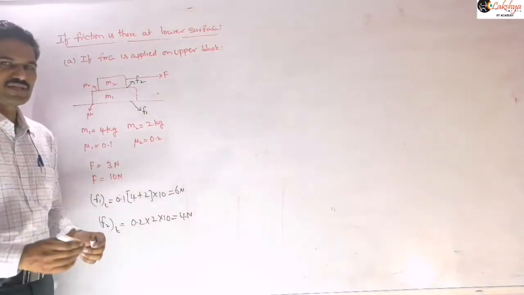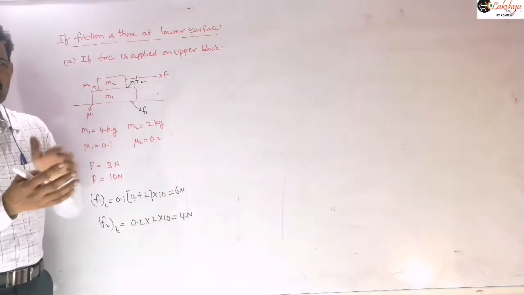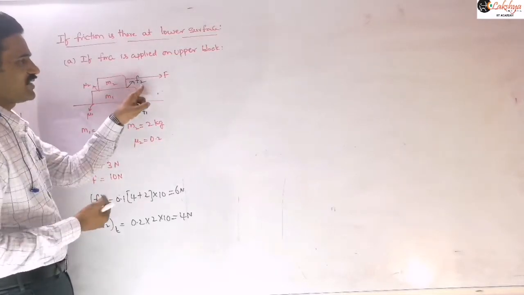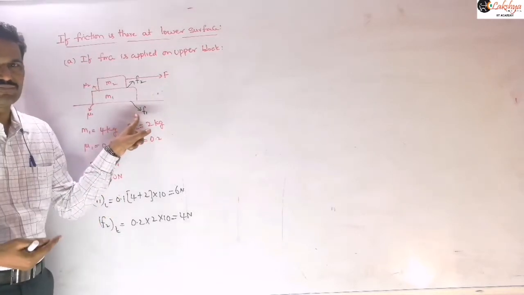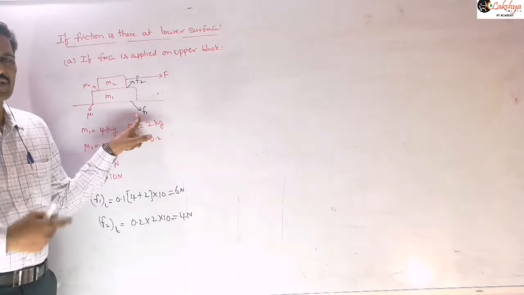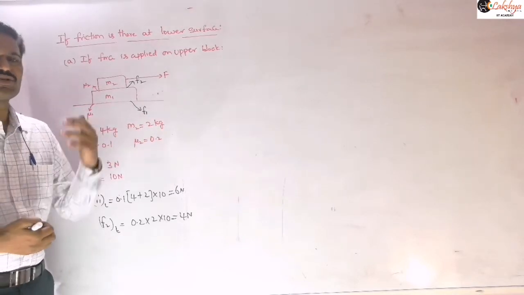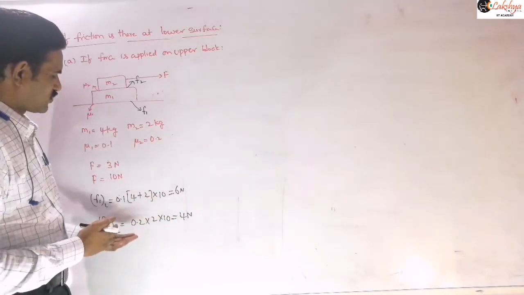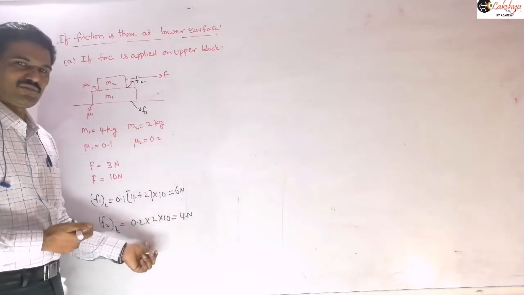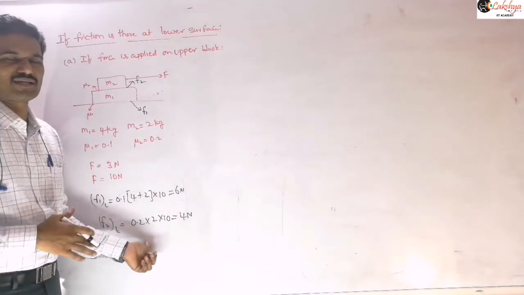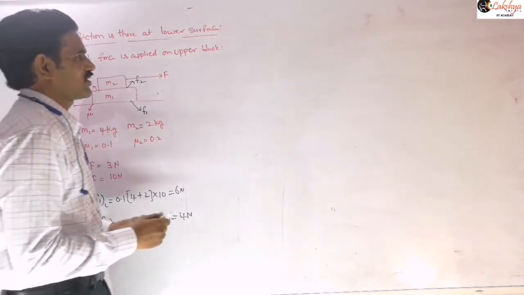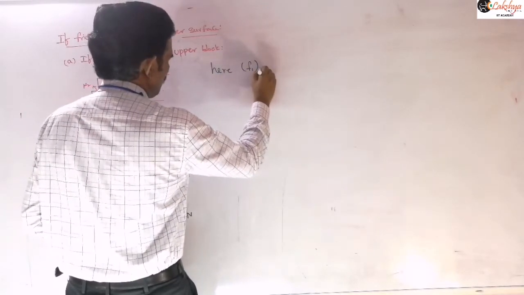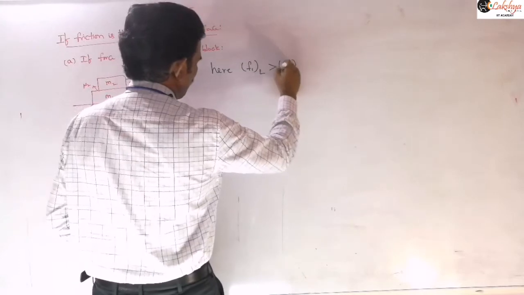In this type of problem, as I said, first you need to verify whether the lower block can accelerate or not. How to verify that? For the acceleration of this lower block, F2 limiting must be greater than F1 limiting. Then there is a possibility for the acceleration of this lower block. Here you can observe that F1 limiting is greater than F2 limiting, so the lower block doesn't accelerate for any value of F. So we can conclude here that F1 limiting is greater than F2 limiting.